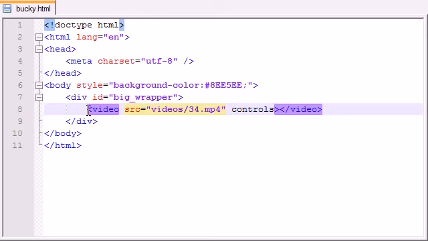Now, this is kind of like the core basics in order to get a video on the screen and playing. But there are also a couple additional attributes. Of course, you can change the width,